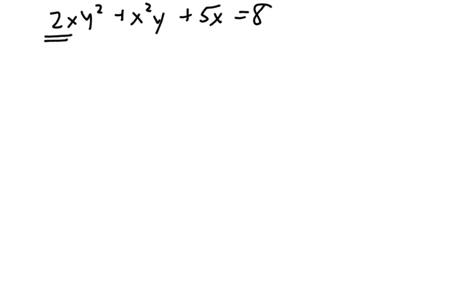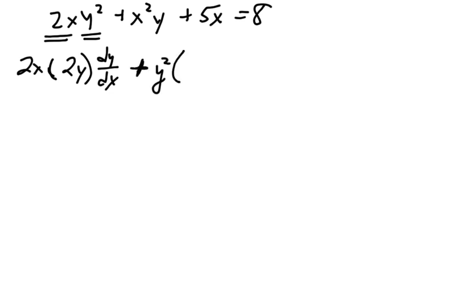So let me write down the equation again. 2x y squared plus x squared y plus 5x equals 8. So the derivative would be, now here I'm doing a product rule. I've got a 2x times a y squared. So first function, 2x, times the derivative of the second function, which would be 2y dy dx, plus second function,